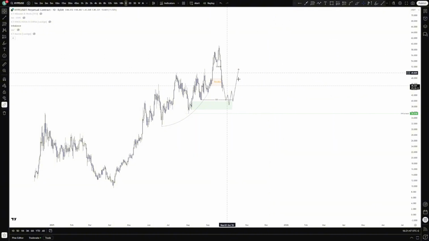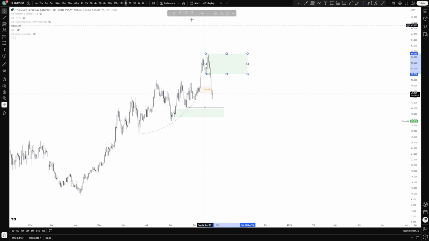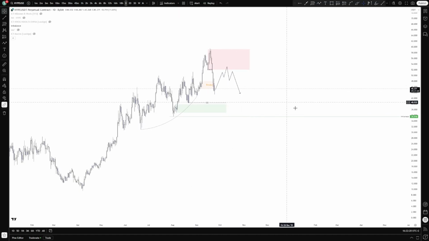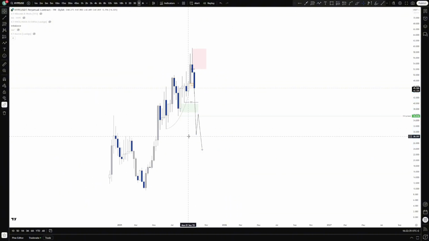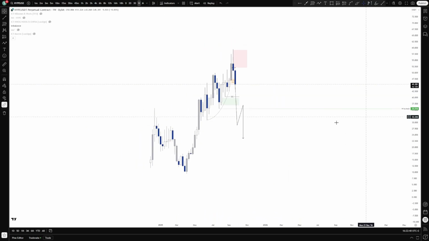But of course, because we broke structure, we should also look at the bearish scenarios. If Hype is gonna manage to come up from here, we left behind a big supply zone that we can reject to trade lower towards our demand zones, at least some liquidity. So this also definitely is a trade scenario. Then I want to point out that if Hype is gonna fail to hold here and continue our higher time frame uptrend and trade lower, and we're gonna get a weekly close below our market structure low, then things are gonna get really scary for this project,